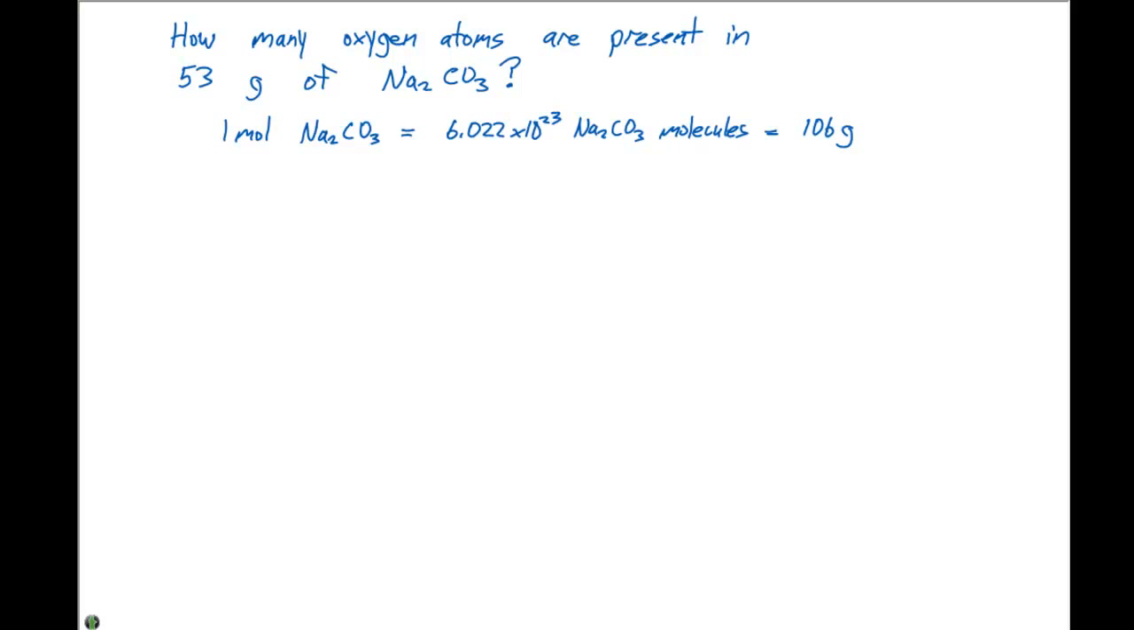We are initially starting out with 53 grams of Na2CO3. So first we need to convert these grams over to moles. We know that 1 mole of Na2CO3 is equal to 106 grams. So we'll put the 106 grams of sodium carbonate down here in the denominator. Then in the numerator, we have 1 mole of